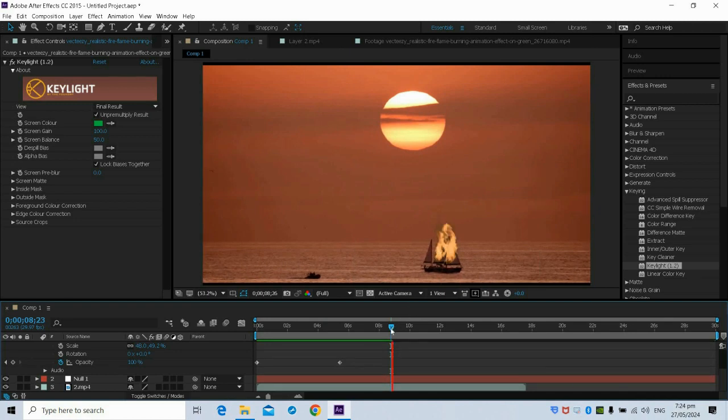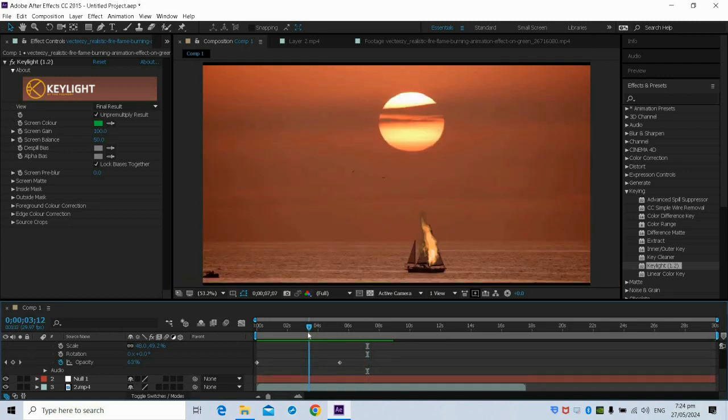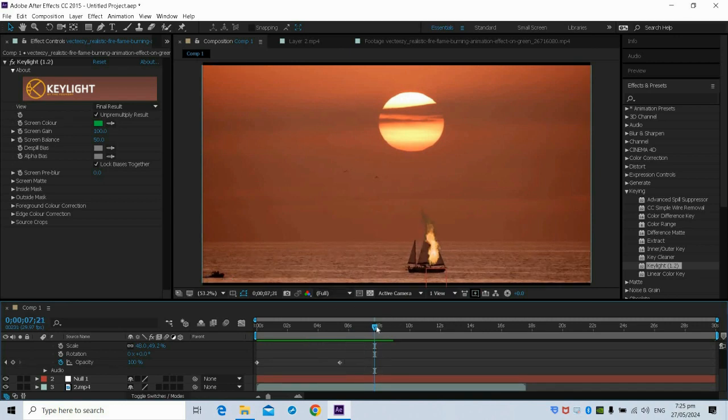Okay, so next we're going to create another track point. So this time we're going to track the speedboat.